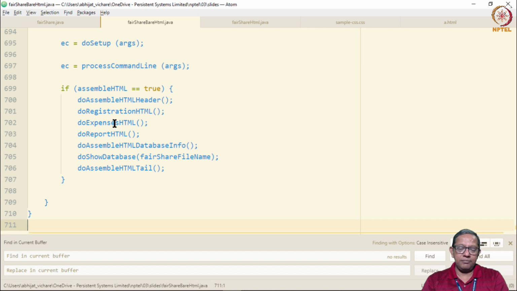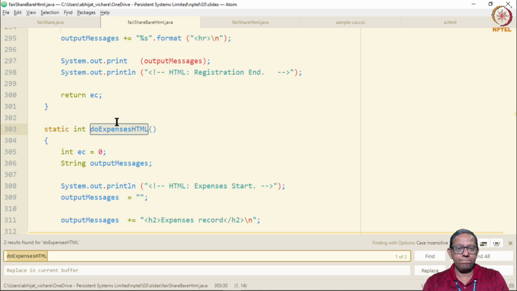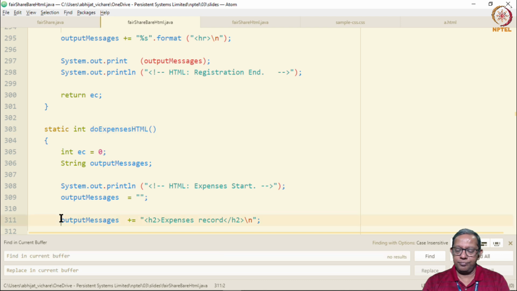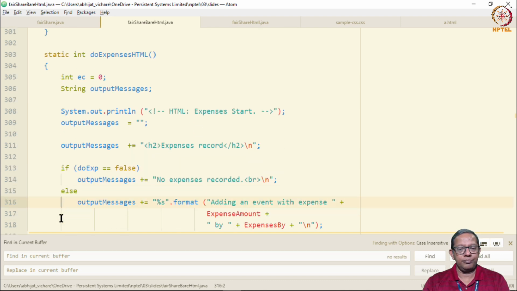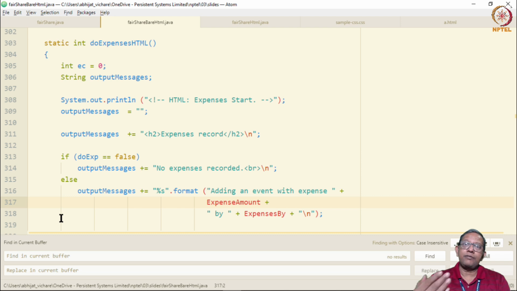Let us look at do expenses. Notice again that we are collecting the HTML output into the output messages variable.